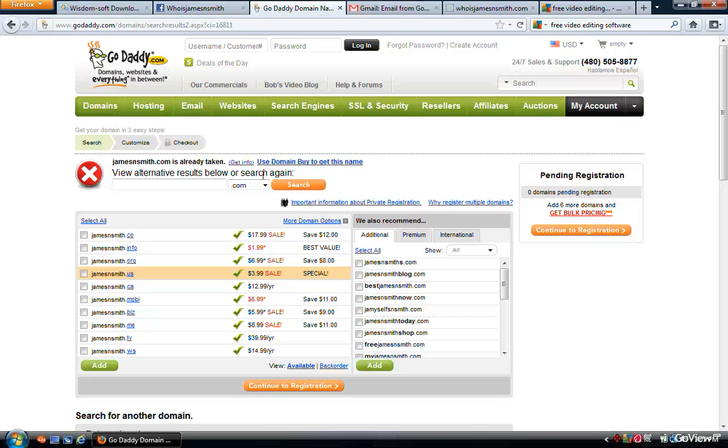You can see right here it says that it's already taken. JamesNSmith.com is already taken, and it asks you if you want to try an alternative. If not, you can scroll down here and it gives you some different endings that are still available. You can get .info for $1.99, or over here on the right it's going to show some recommendations that are similar, like James N. Smith Today, or Best James N. Smith, James N. Smith Blog, different things along that line. But just for test purposes, we're going to pick something out of the blue, like let's say James N. Smith Business,